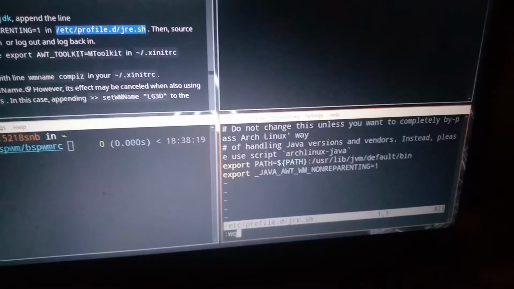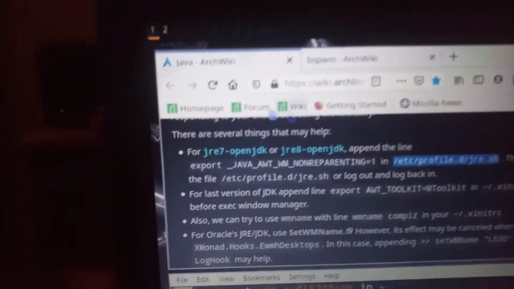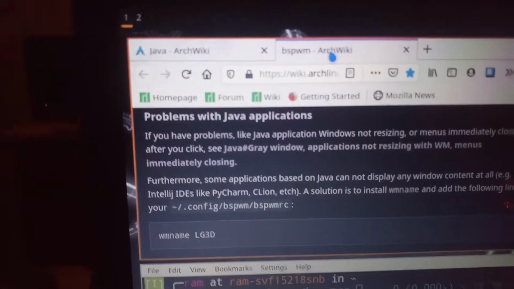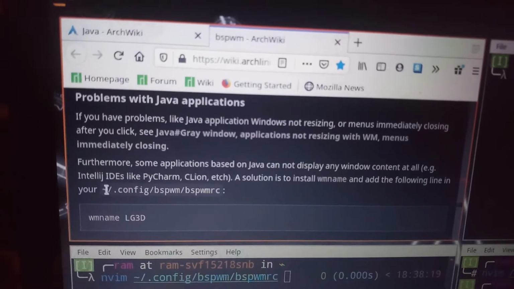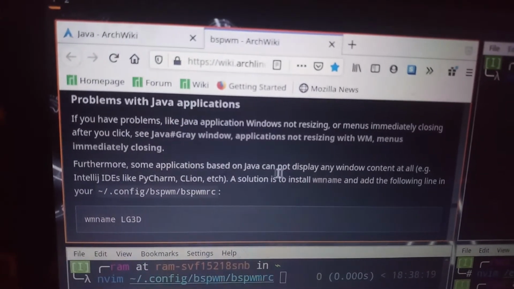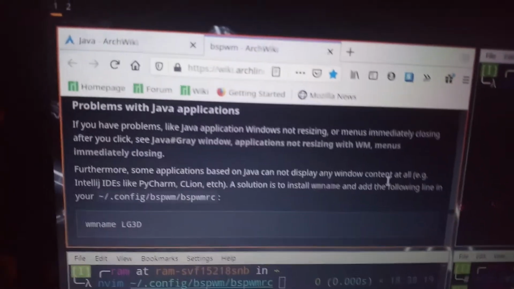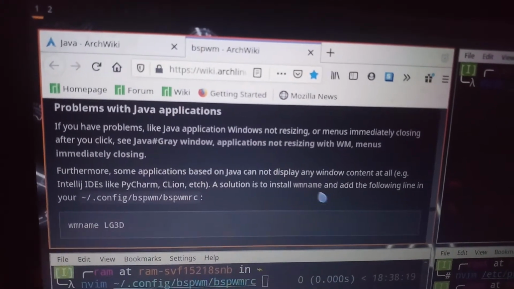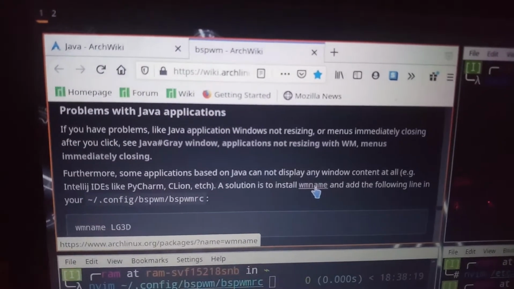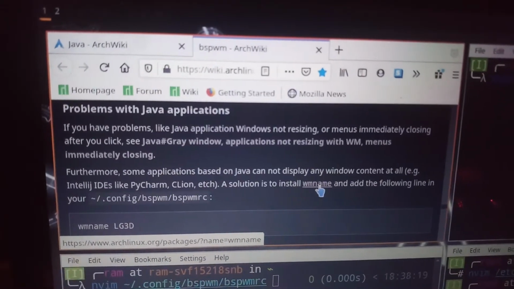So then I moved on to another solution, which is mentioned on the BSPWM Arch Wiki page. Here they say, furthermore, some applications based on Java cannot display, and so on. So the solution is to install wmname. I installed a program called wmname. It is very simple: sudo pacman -S wmname.